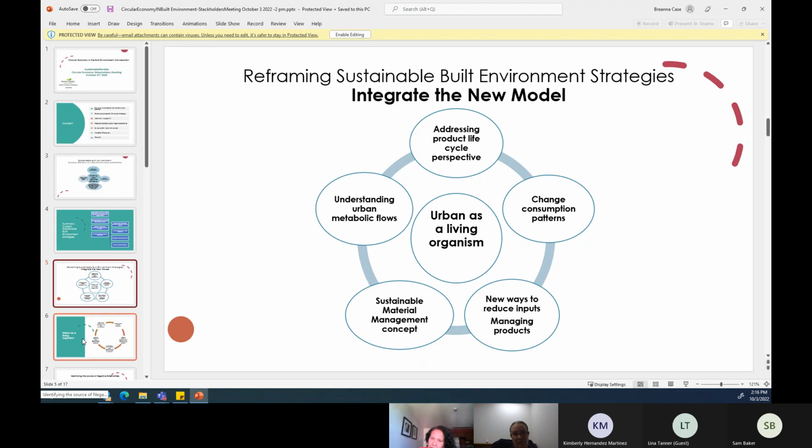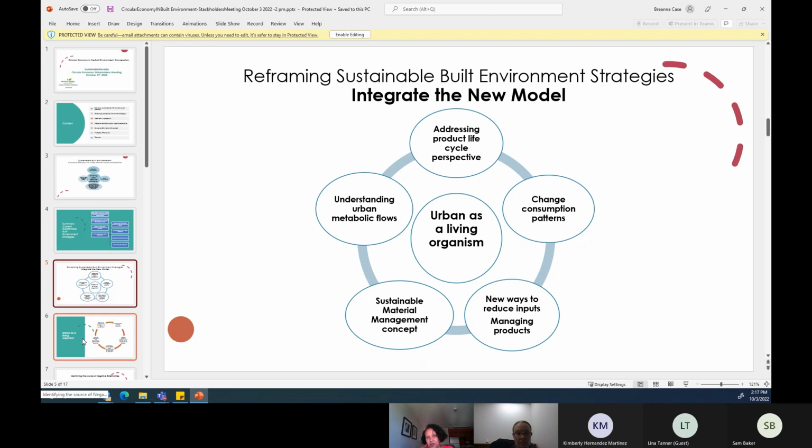So we add to what we have done. For example, take the green building. Now we take into consideration the building life cycle. You see the difference?